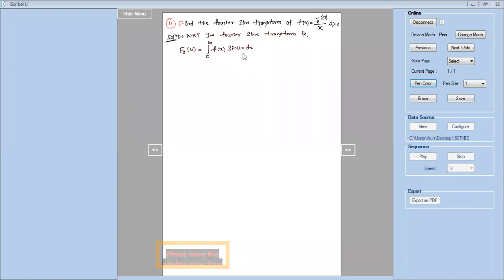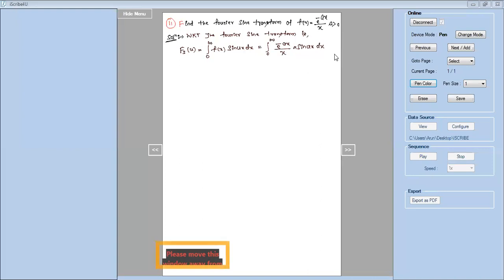This we have already discussed in the last class. So let us substitute the function now. If I substitute the function and integrate, we get the sine transformation. So your entire thing depends on integration. Let us substitute our f(x), which is e^(-ax)/x. So this is equal to integral from 0 to infinity of e^(-ax)/x into sin(ux) dx. If I integrate this, we get the Fourier transformation.